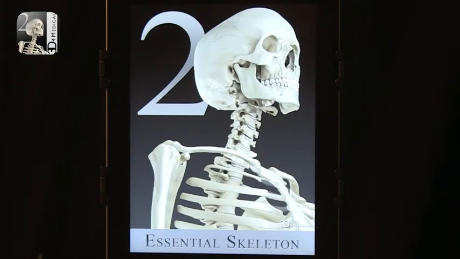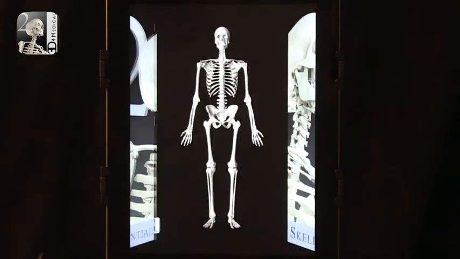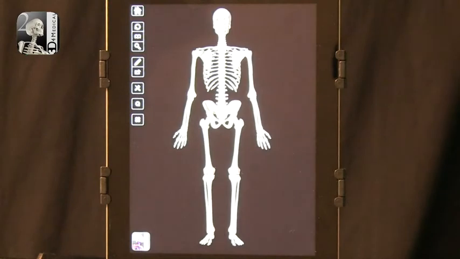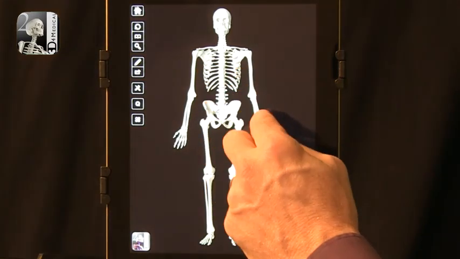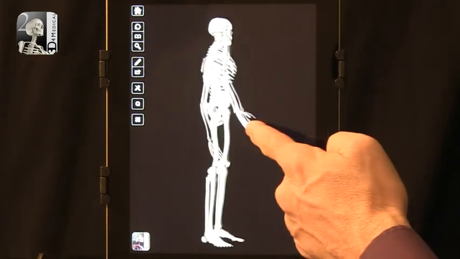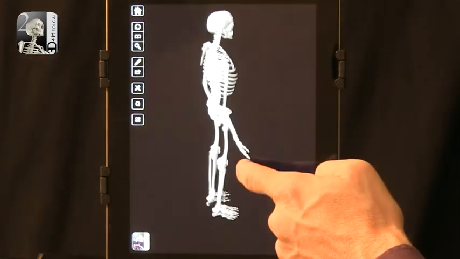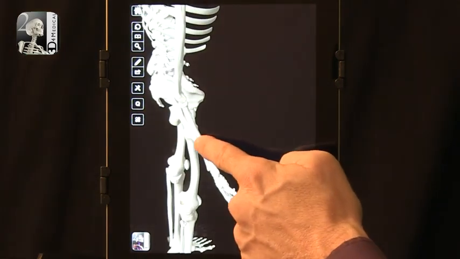The last app that I want to talk about connected to the human body is called Essential Skeleton. And I have talked about Essential Skeleton in the past. I do want to show it because I think it's worth exploring. Obviously, it focuses on the skeleton, but it does provide a fantastic 3D view of the body. It is free, or at least free right now, and it allows you to look at the human body, rotate it, identify specific parts